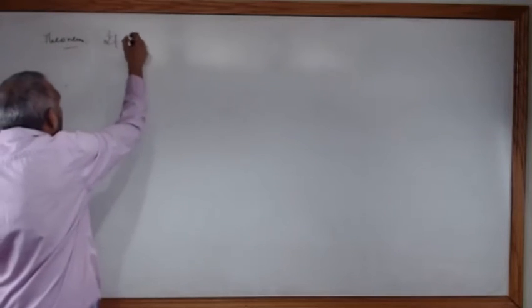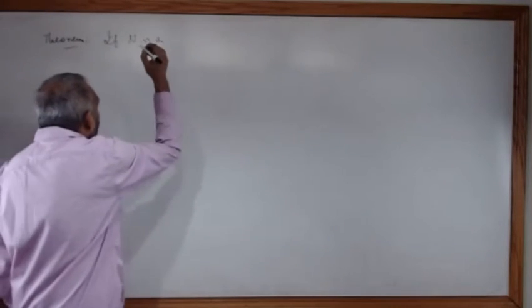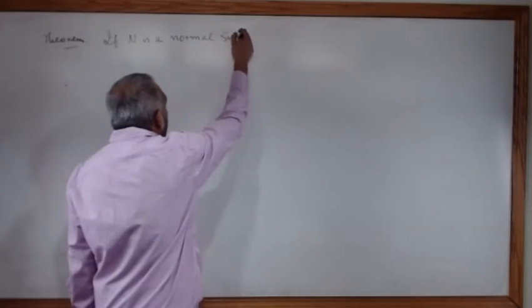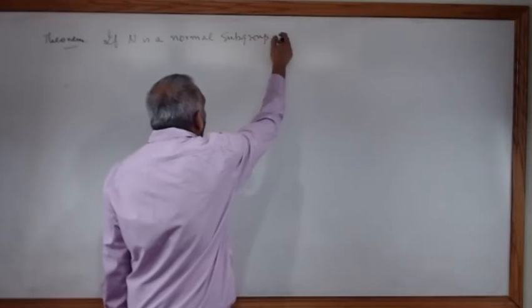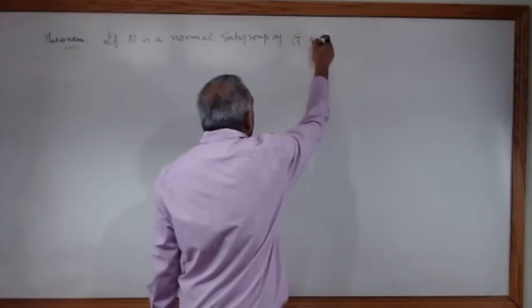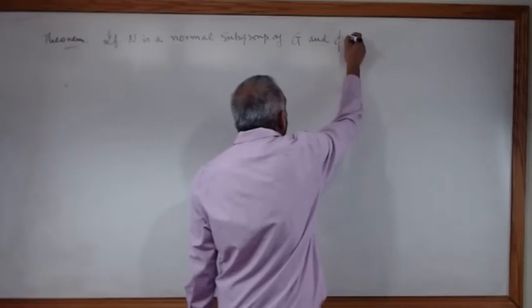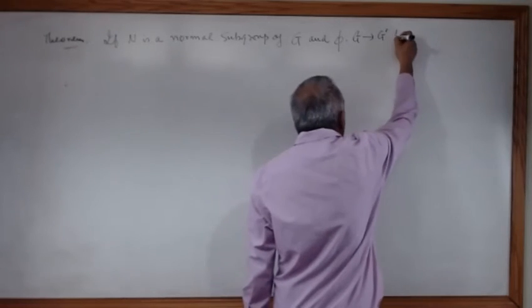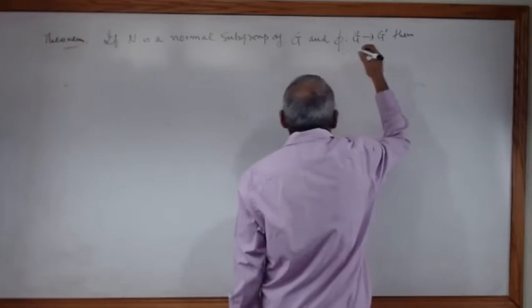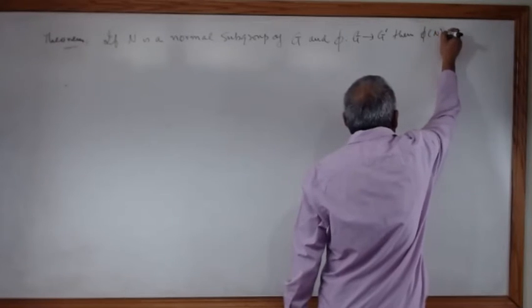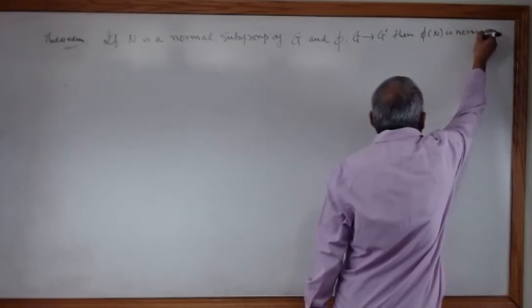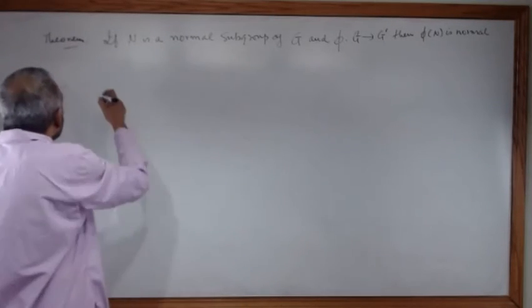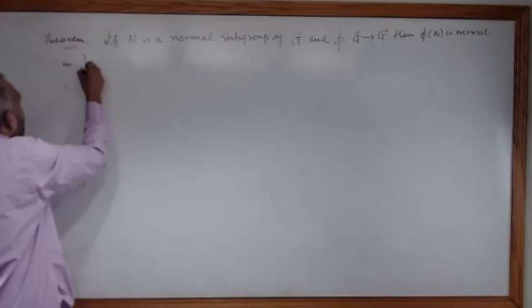if N is a normal subgroup of G and phi is a homomorphism from G to G prime, then phi of N is normal in phi of G,